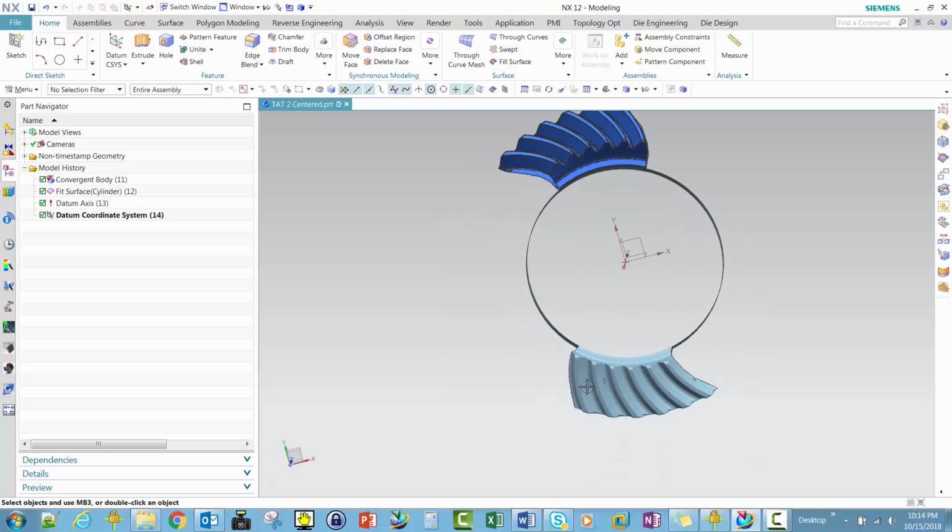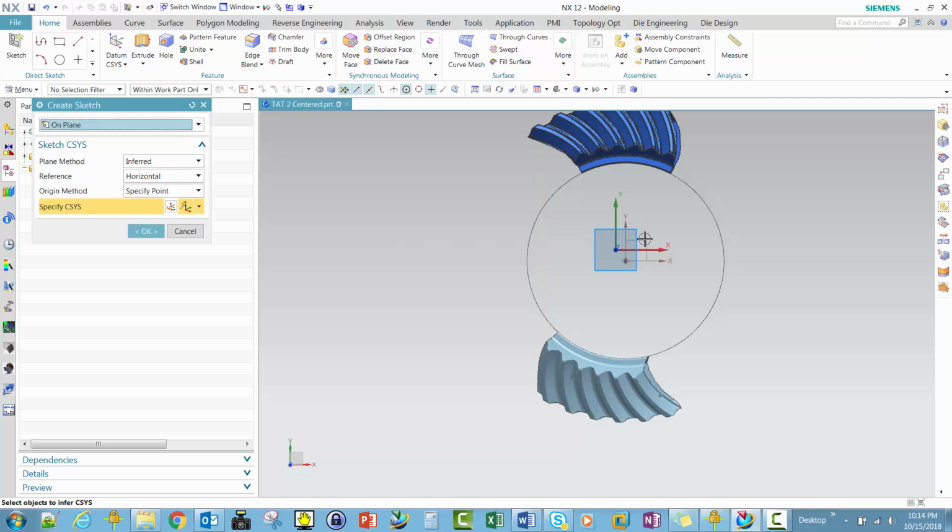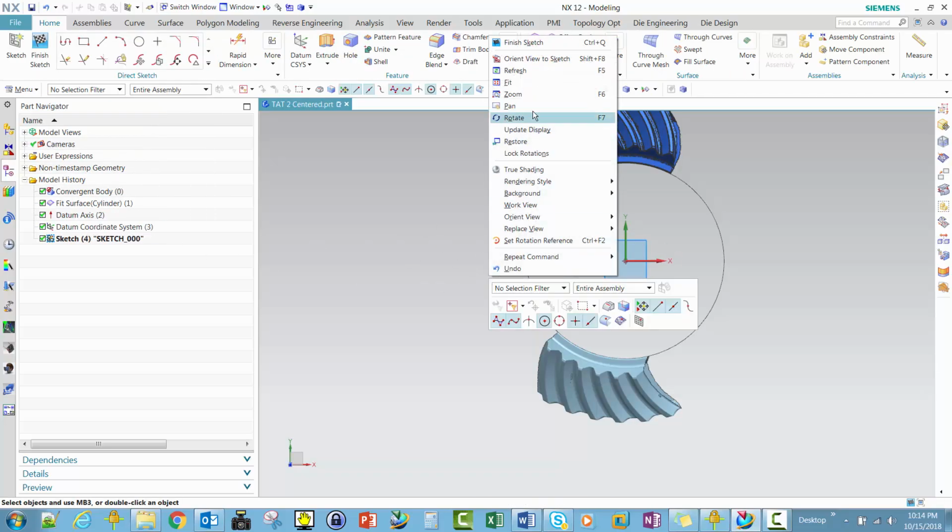So I have my axis, so I'm happy, and now I have something to sketch on. So we can create a sketch, and now that this is a convergent body, we can create an intersection or a trim. So let's create a sketch on that plane, and we're going to zoom in